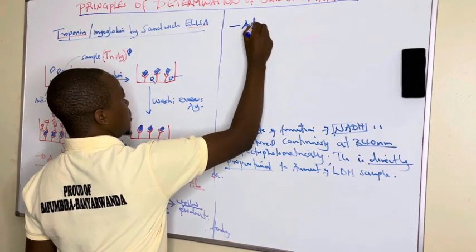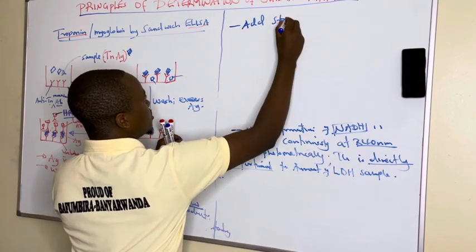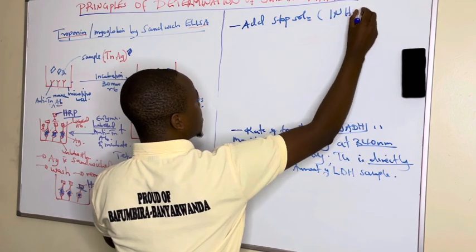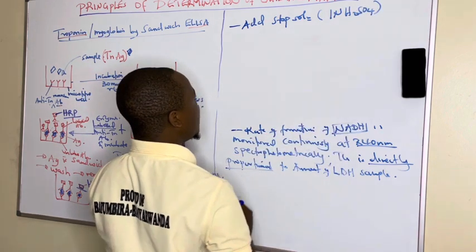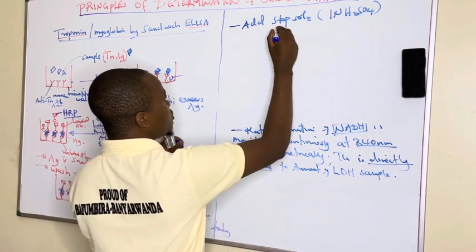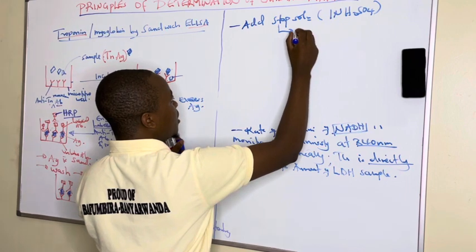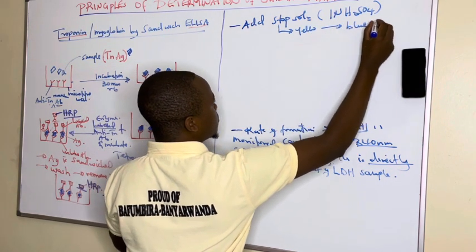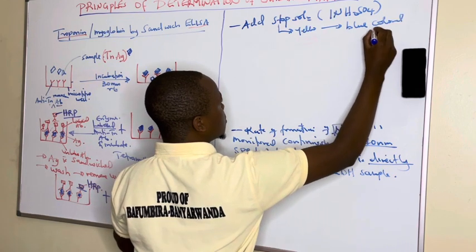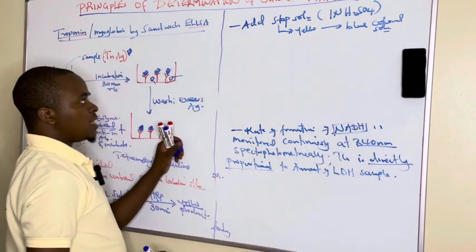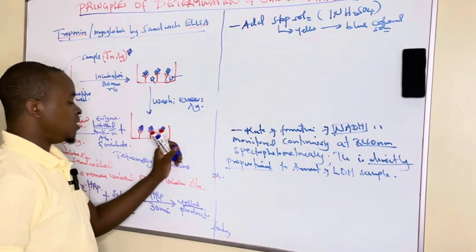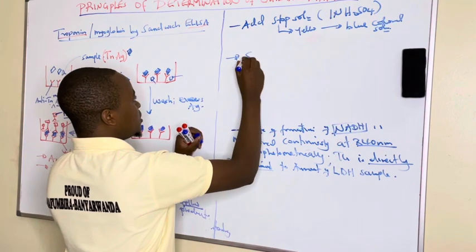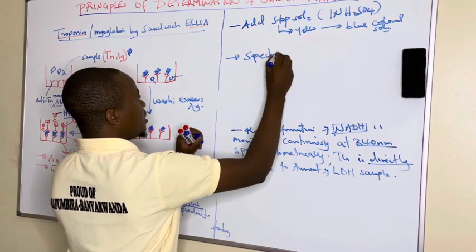The stop solution commonly used is 1 normal sulfuric acid, and this stop solution leads to the change of the color from yellow to blue. This blue colored solution, after addition of the stop solution to stop the reaction, is the one that is determined spectrophotometrically